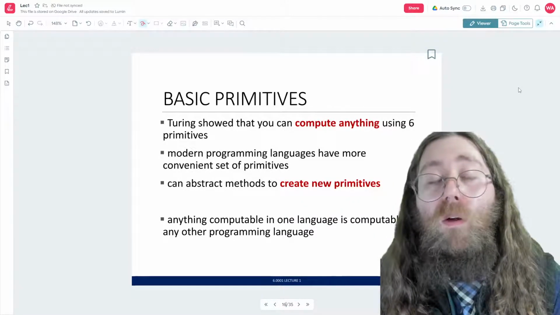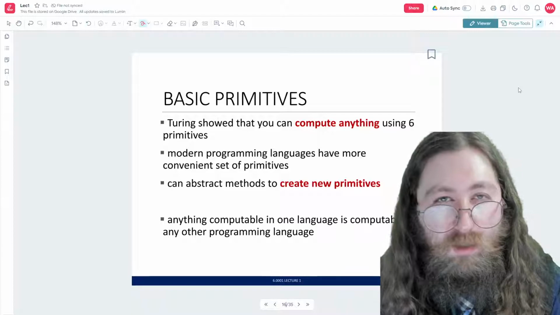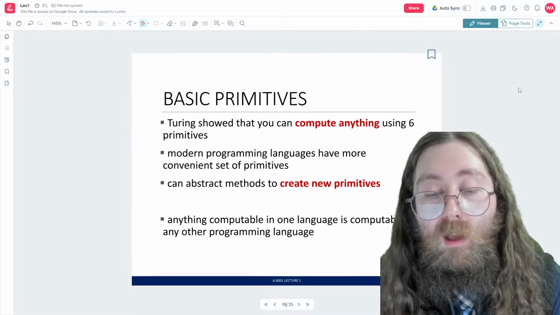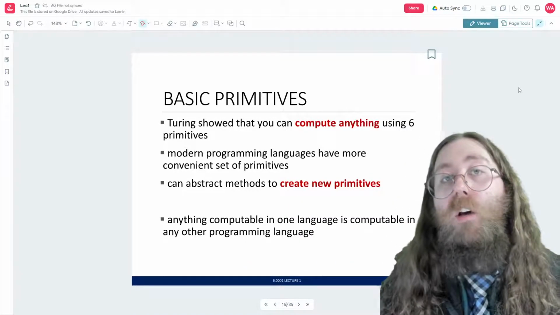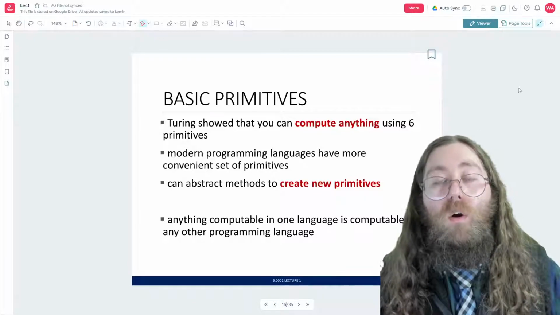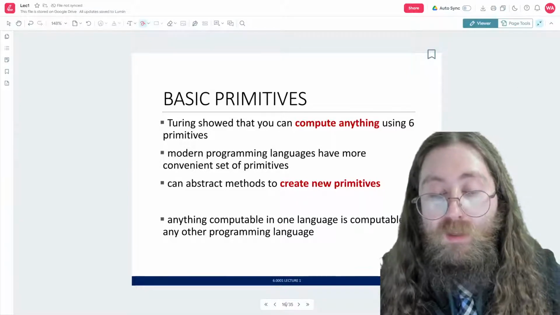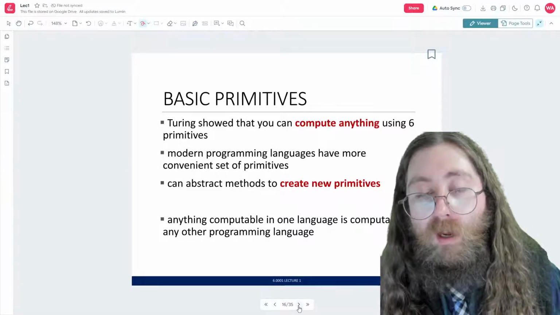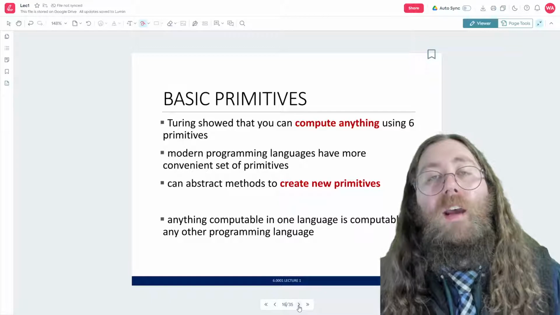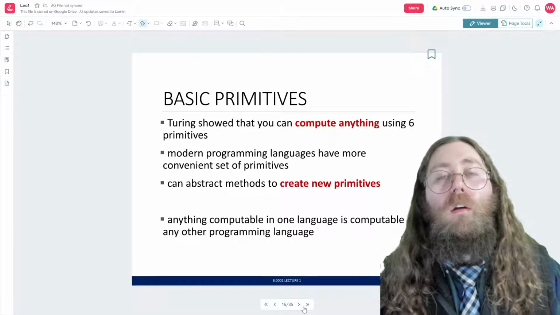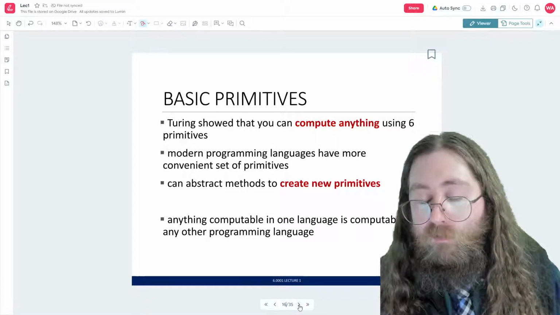But if you have a language that has those same primitives, or basically the same things, and you can write a program in one language, then you can write it in any other language as long as it has those 6 primitives at least, okay? So it's pretty great. It's pretty cool. And so Alan Turing, if you haven't heard that term Turing complete, that's that story about what does it mean to have a programming language, right? What are the minimum number of things that have to be in there?